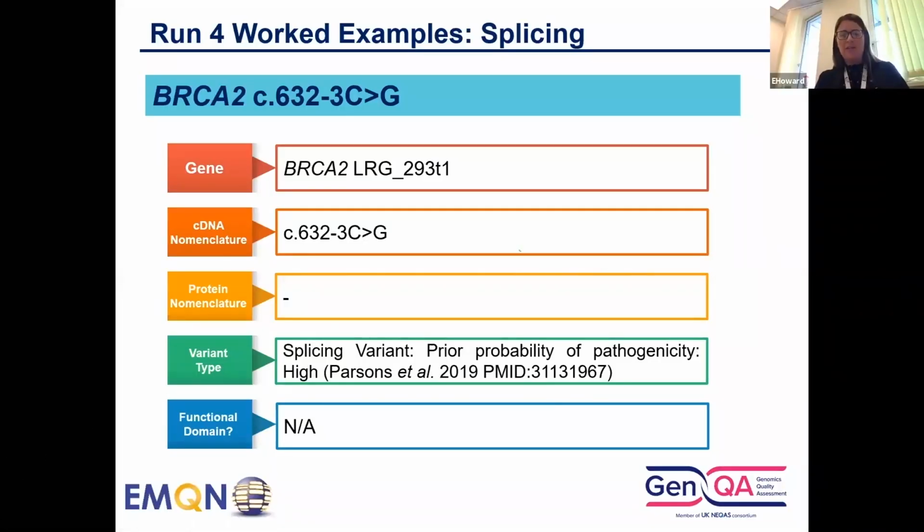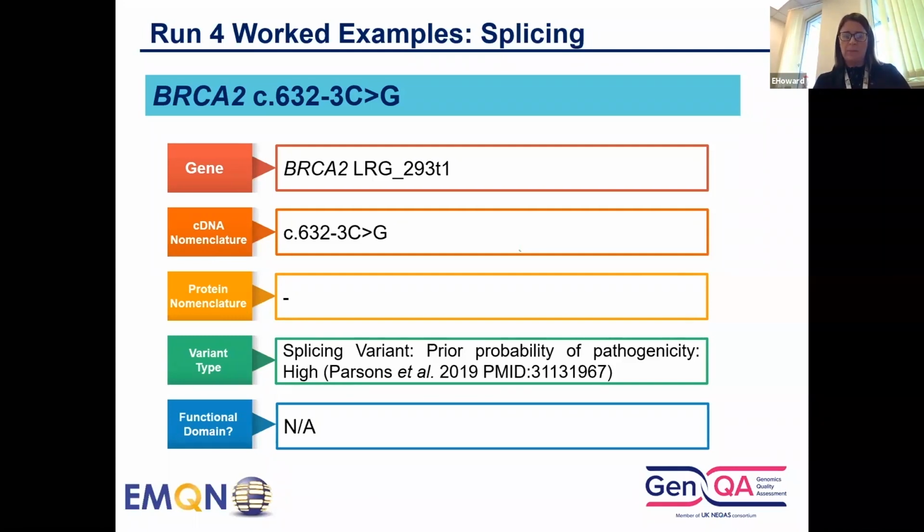Okay, thank you, Kathleen. So the last few slides, we've just chosen 2 worked examples. The first one is in BRCA2, and we've chosen this because, from my introduction, you'll have remembered that I talked about those splicing variants that sit outside the canonical splice sites that need to have a full variant interpretation done on them. So this is BRCA2